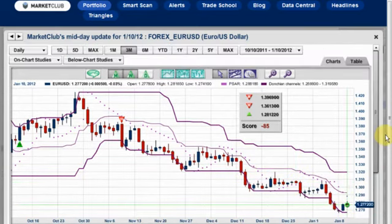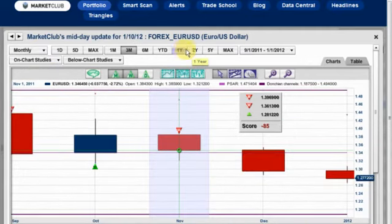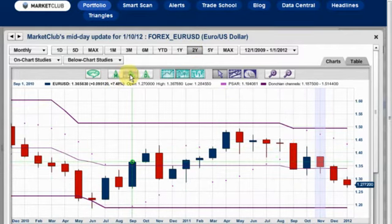And if we take this out further, and we can look at this on a monthly basis, and we scope this out for, let's say, a couple of years, and let's take the trade triangles off, you can see basically we made the highs back here in the month of May, and that's 2011, by the way, and then we sort of just kept going down, down, down, down. Now remember, last year,